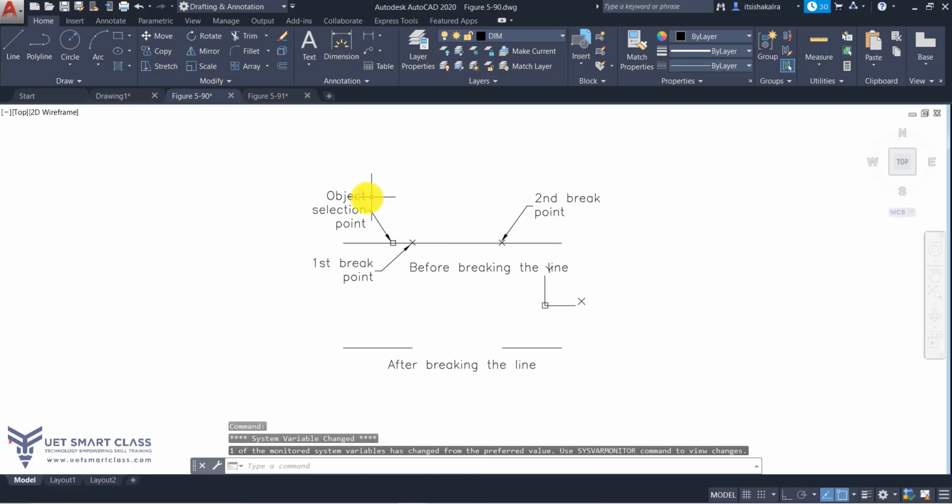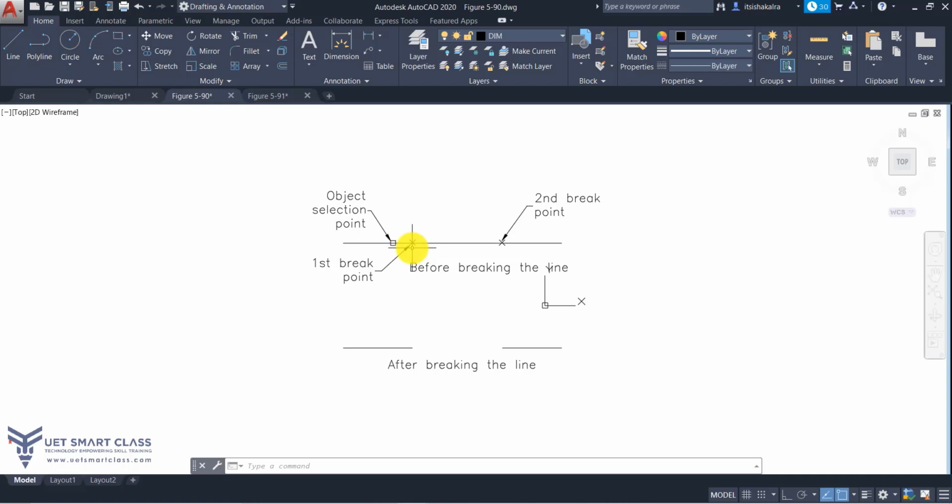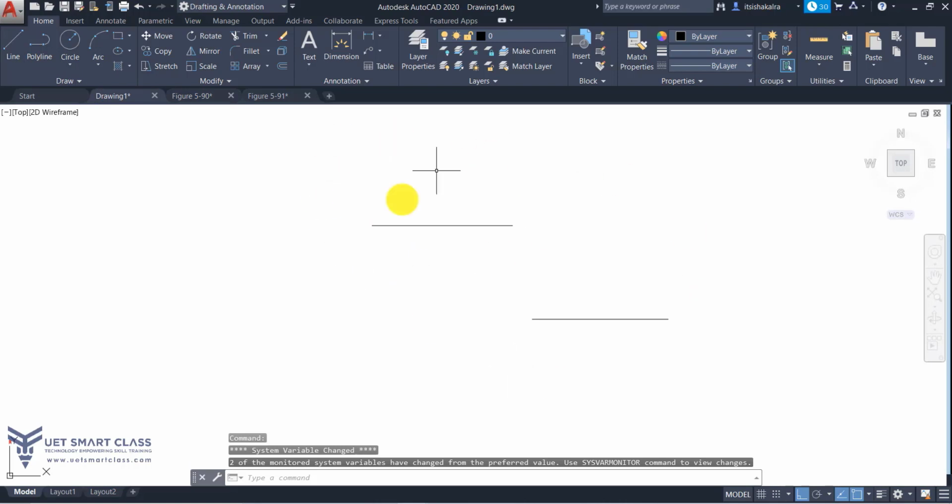This is before breaking the line. First, I can select the object, then I can specify my first point and then second point, and then it will break the line. So my object selection won't be counted as my first point. Okay. For that, within this line, when I go to BR enter,